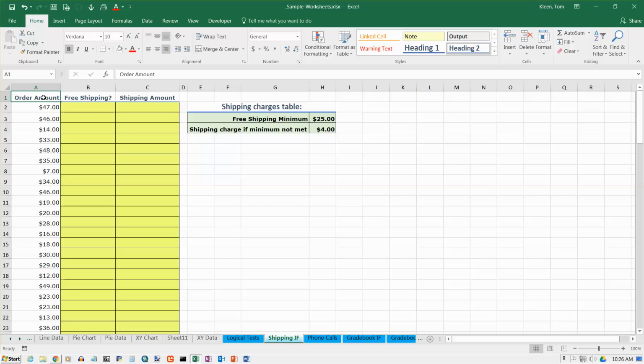In this video, we're going to take a look at the if function in Excel 2016. Actually, the if function has been the same, I think, since the very beginning of Excel. But we're using Excel 2016 in this video. So, the if function is used to make a decision about putting either one value into a cell or another